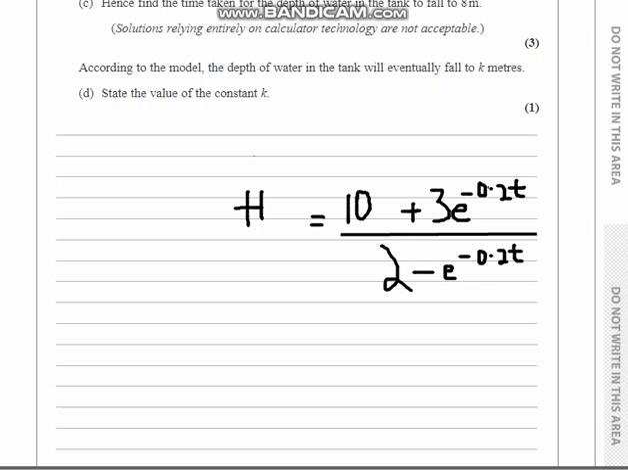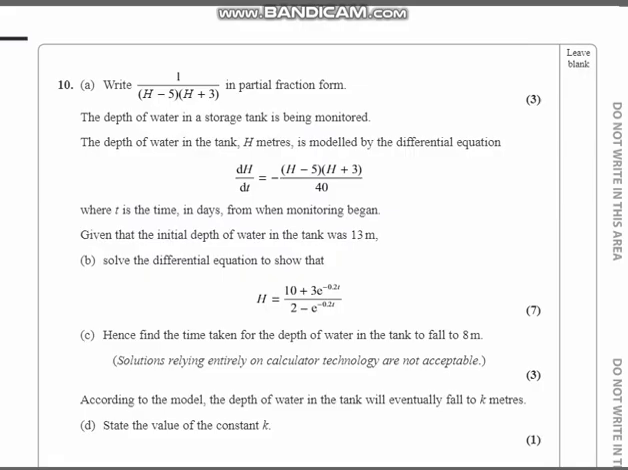And if you see the b part, we have clearly shown our differential equation, and that's our 7 marks, 3 marks up to now. And moving on to the c part,